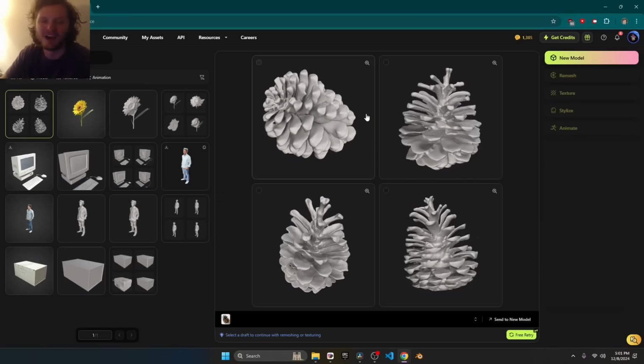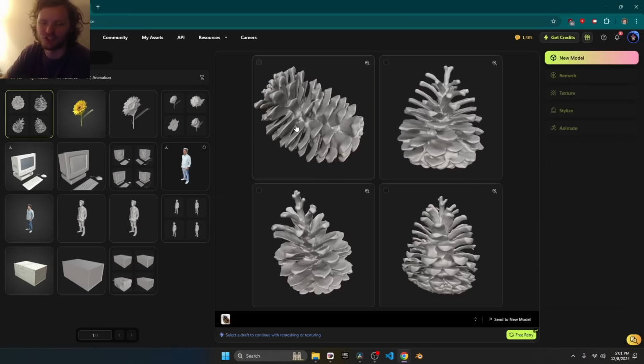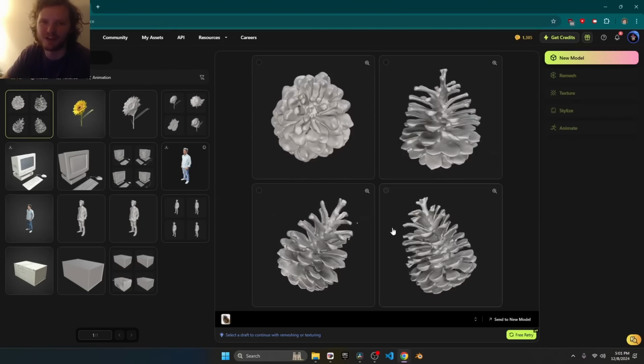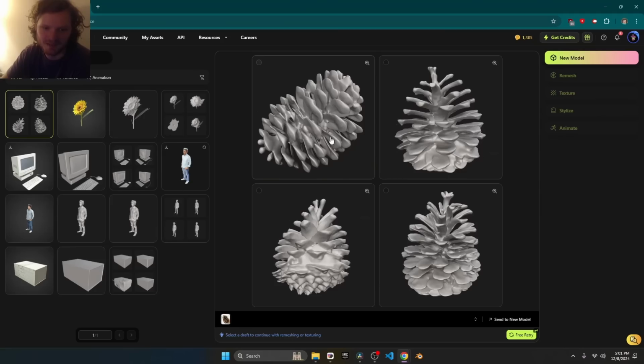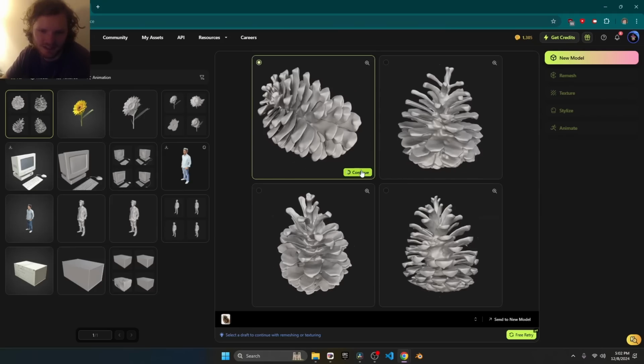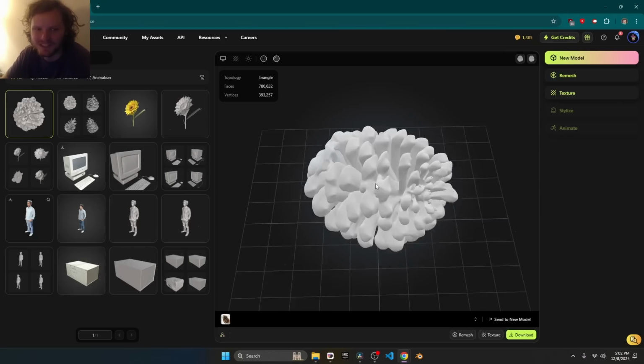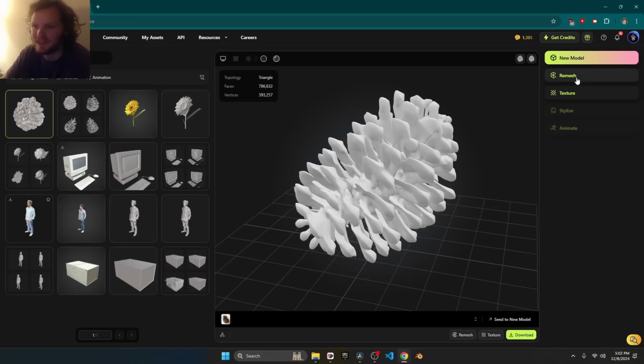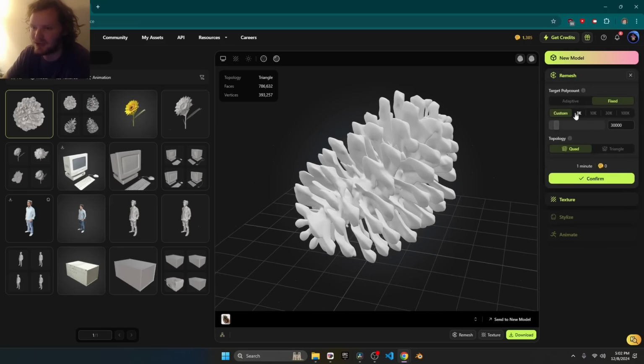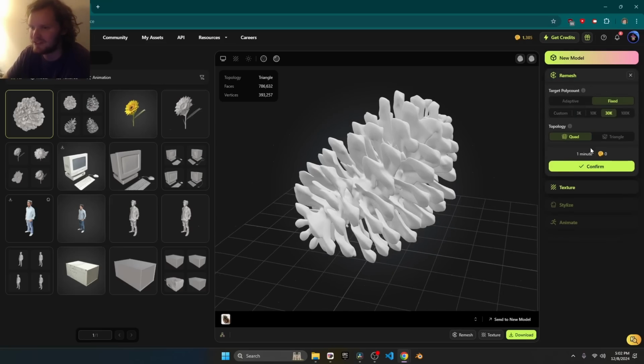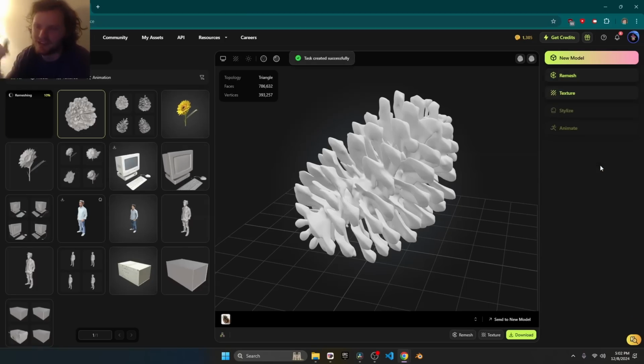Okay, so when it's done, one thing you are going to notice is unlike Trellis, it's going to give 4 options, very reminiscent of Midjourney does the same thing. I'm just going to pick one that kind of looks correct. Click continue. It's almost a million vertices from the get-go, or a million faces. But that is why the remesh exists. You could say, oh, I want to limit this to 30,000 quads. Click confirm. And then you do that, you do texturing, etc.